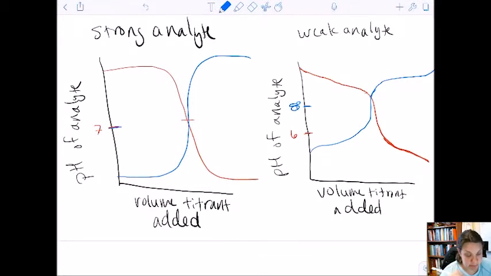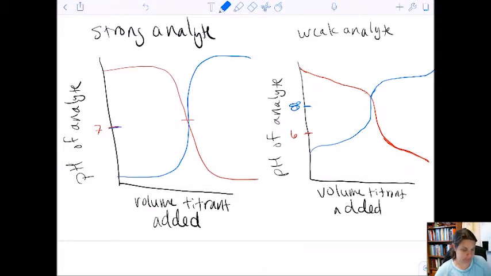So a weak base being titrated with a strong acid will have a neutralization pH that is lower than 7. This has to do with the acidity and basicity of the salts that we produce. And then a weak acid titrated with a strong base will have a basic neutralization point because we'll have a